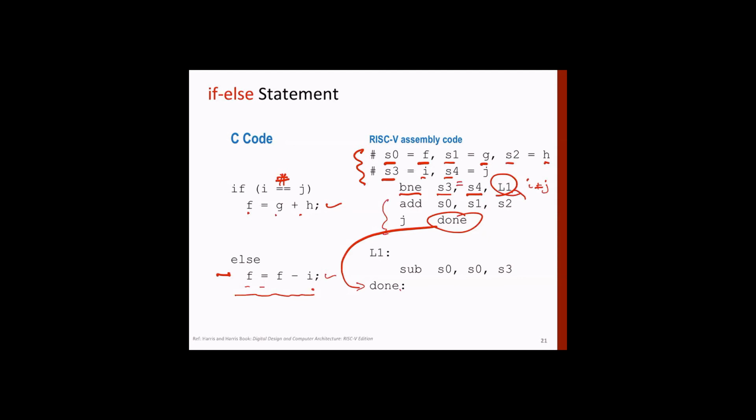Okay. So basically, this statement will be executed if these conditions are met, right? Only if S3 is not equal to S4 do you execute it. Similar to here, if I is not equal to J, then you execute this. And note that if this condition is not met, then you will execute these two, and then there is a plain jump to the next section, which is following L1. Any question?